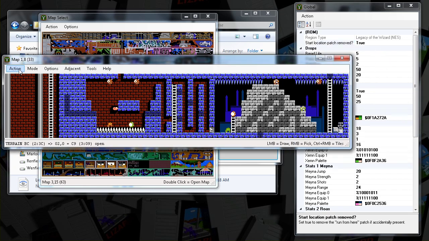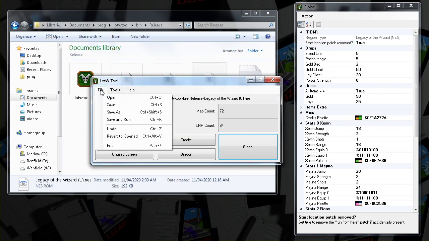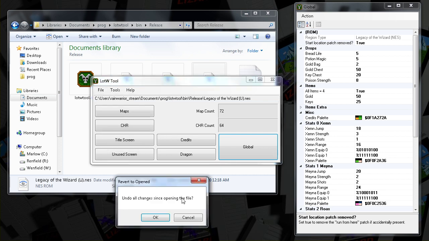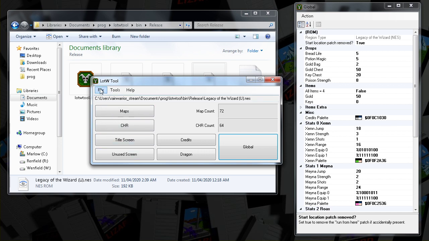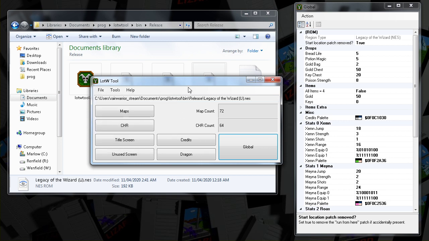And by the way, like all the changes you've made, even if you save the file, here in the file menu, there's a revert to opened, which will go right back to the file as you first opened it for this session. Doesn't matter how many times you've saved it, it just takes back all the changes. And then you could save it from there, and you've basically undone all the work that you've done in the session, even though you've probably saved it in between in testing. There's also a save and run if you just want to save and run from the beginning or wherever.